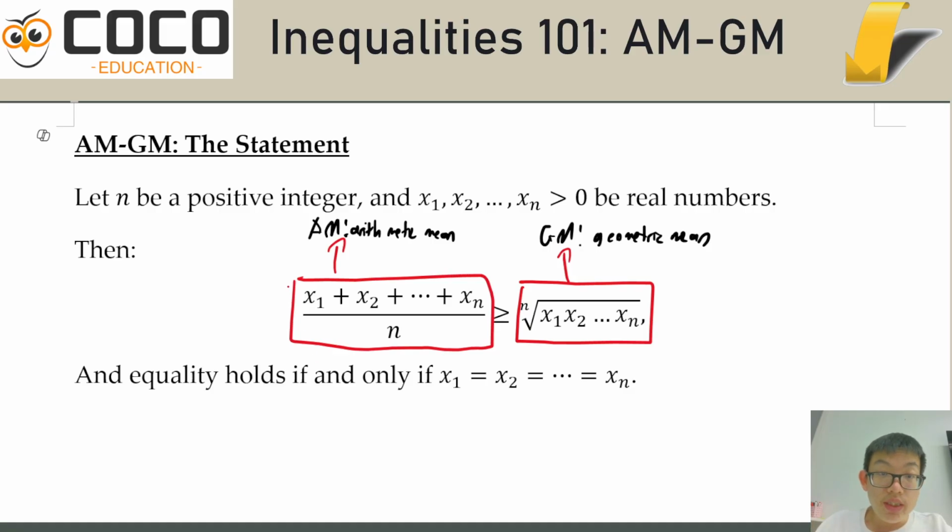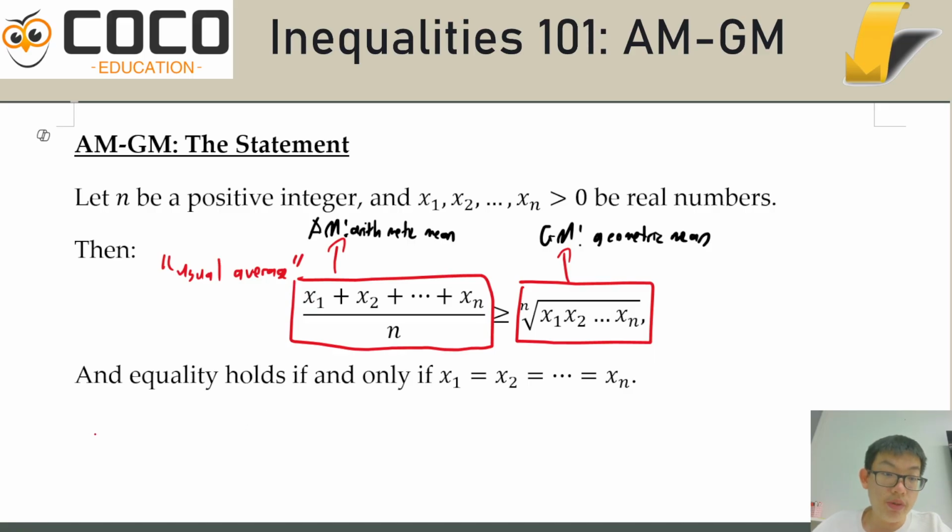The arithmetic mean is the usual average, which is often, when we say mean, median, and mode, mean is referring to the arithmetic mean. The geometric mean is calculated by multiplying together a bunch of things and then taking the root. How many things is up to you, but what this statement is saying is that if I take a bunch of quantities that are positive, so that the root will always make sense, I toss it in, then this will be true.